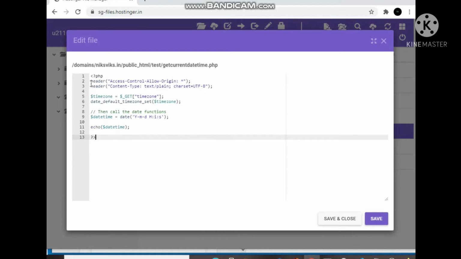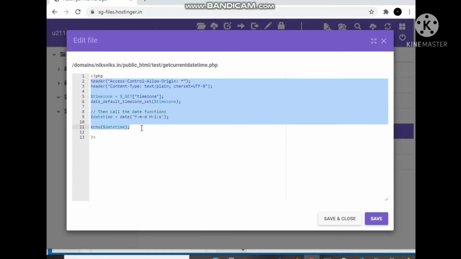So this piece of code will return the date time of the particular time zone. So we have to pass the selected time zone, and this code will do all the things. So let's call this API from the Ionic app.